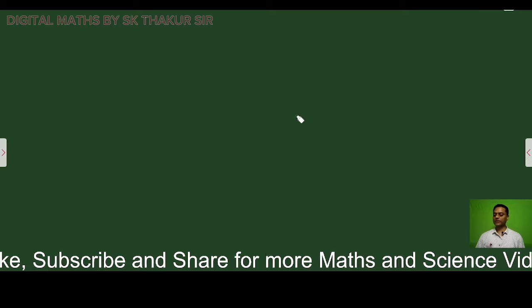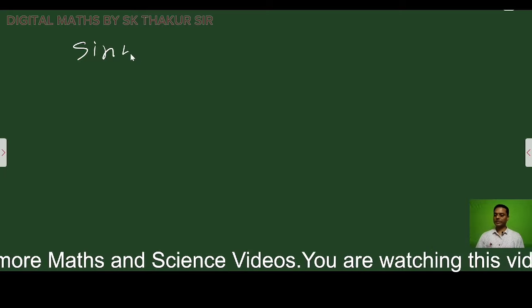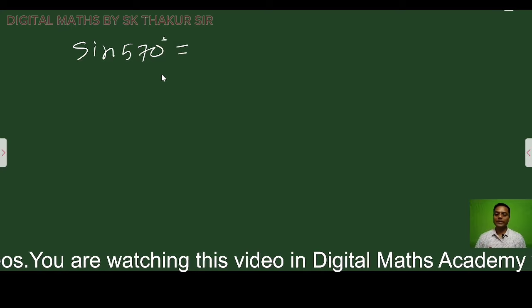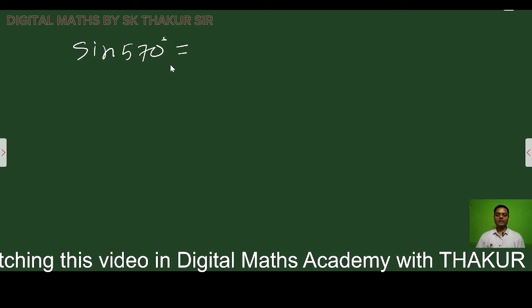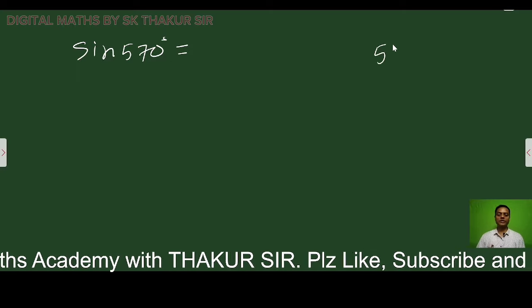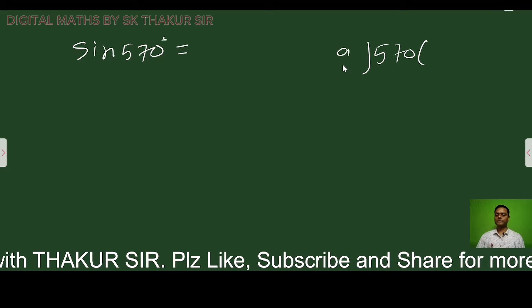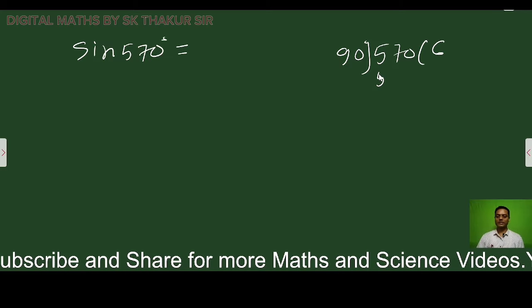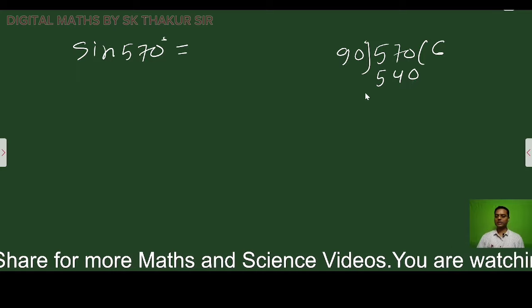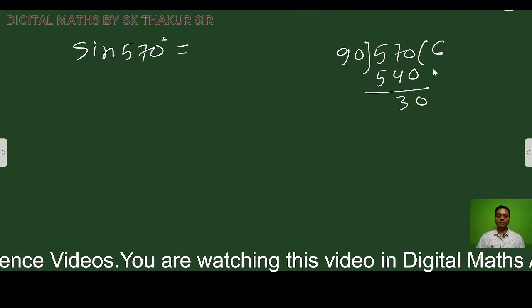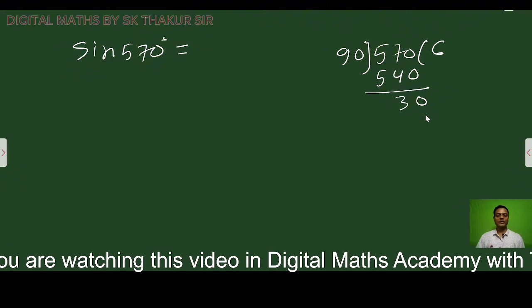If we have some bigger angle, for example, if we have here sine 570 degree, its value we are going to find out. How to get its value? Because it's bigger angle, it's more than 360 degree. So first of all, we have to divide 570 degree with 90 degree, right? Of course, it will go by 6. 6 times 9 is 54, 540, and finally we have here 30. So if 570 degree is divided by 90, the quotient is 6 and the remainder is 30,